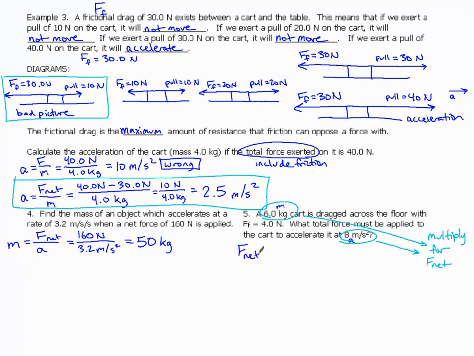So net force equals mass times acceleration. So the net force equals the force of the pull minus 4 newtons for the friction. So we're going to put this in over here. The net force